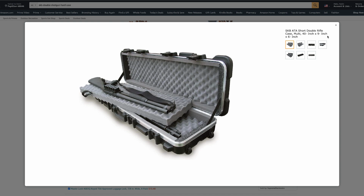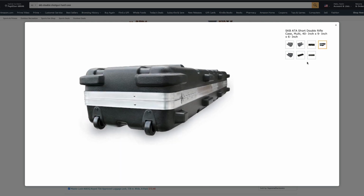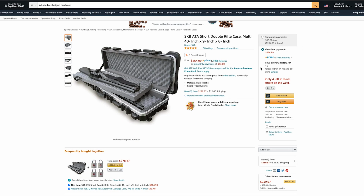It's 40 inches by 9 inches by 6 inches, and this particular foam, you just pull it out and you can use the rest of the foam for your case. Definitely a really nice, well-built case. It has the wheels, and it does have eyelets for your TSA locks. And this one is coming in at